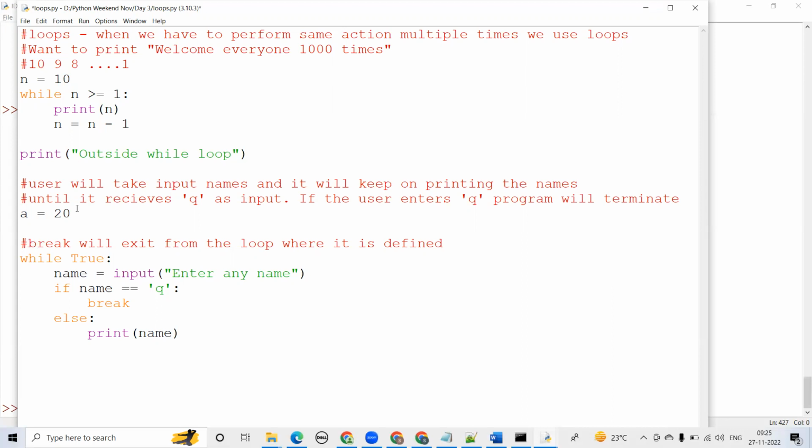Anyone having any doubt here? For example, in the name itself, like Maksud, the Q will be there by default. Yes, so here we want the entire string. We don't want only Q. So if you run this,